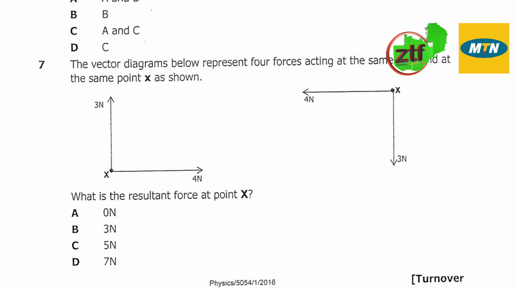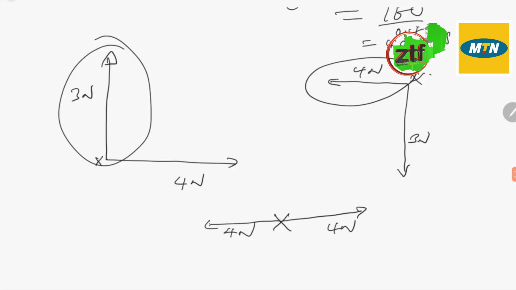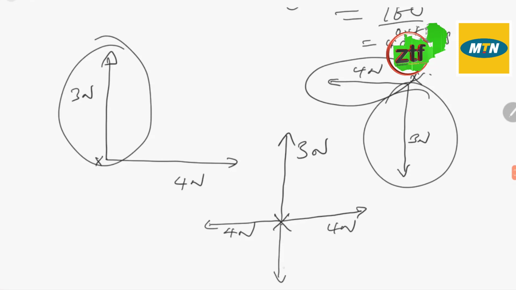We get this one, we put it here, we will have 4 newtons. We get this one, we put it here, we put 3 newtons. We get this one, we put it here, and we get 3 newtons. In this scenario, viewers, then we are likely to get the resultant force as 0 newtons